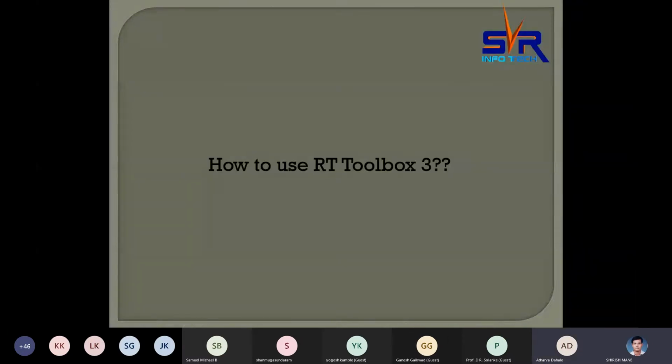Yes. So the SCARA robot has a total of 4 degrees of freedom. There are four joints in it, that is J1, J2, J3, and J4. So there are four axes, and we can add two extra external axes to the robot. There is also an arrangement for the same. So now we'll go to the software, that is RT ToolBox 3, which is very unique and very easy to understand, from which we can control and code any of the Mitsubishi series robots.